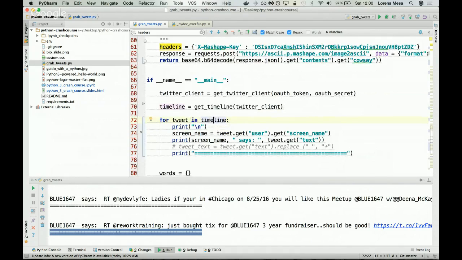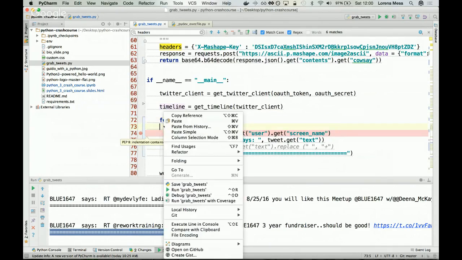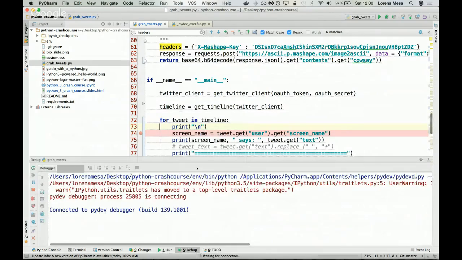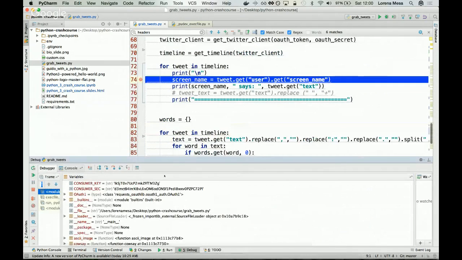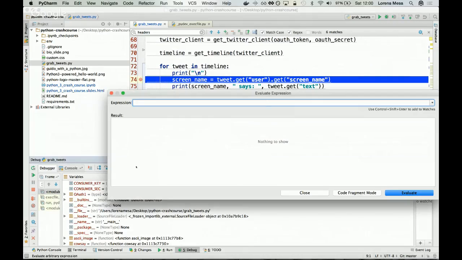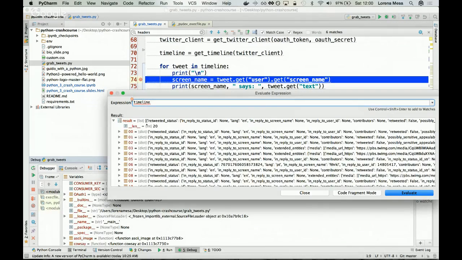So let's actually put a breakpoint in here just because I like seeing things and it makes my life easier. Okay, cool. So now I've currently stopped, and I'm going to look at some of the data that's come back. So timeline. As we saw, we've got this list of what looks like dictionaries, and these dictionaries, I think, are tweets. So if I was going to check out tweet,